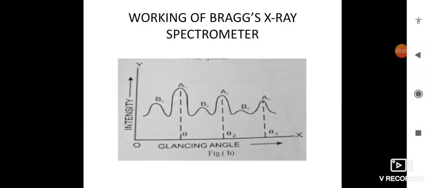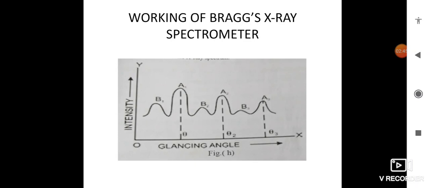For measuring the wavelength of the characteristic X-ray of any target material under study, the X-ray is allowed to fall on the face of a crystal of known Bragg spacing d at a small glancing angle theta, and the intensity is measured. The experiment is repeated for progressively increasing glancing angle, and a graph of intensity against glancing angle is plotted. Corresponding angles theta 1, 2, 3 for different orders n equals 1, 2, 3 etc.